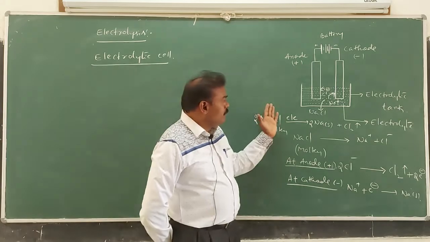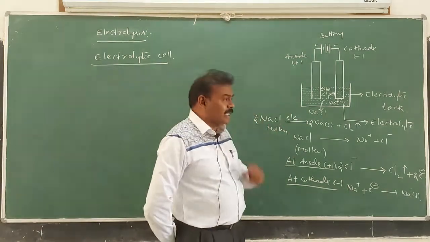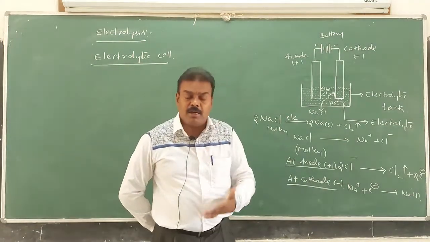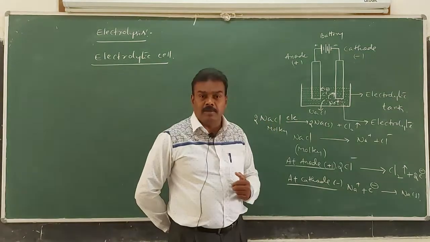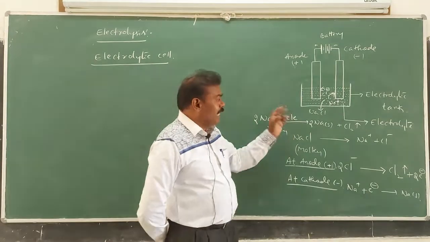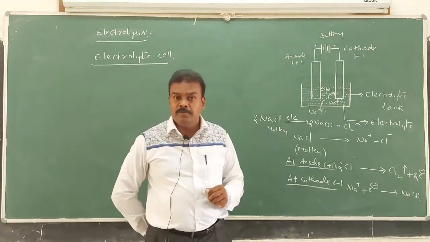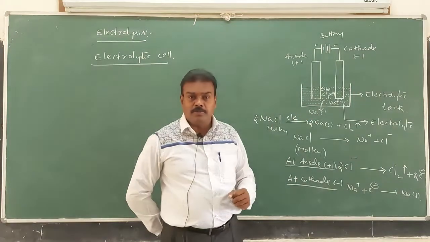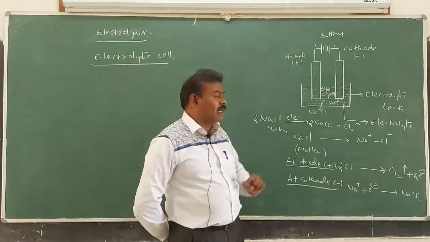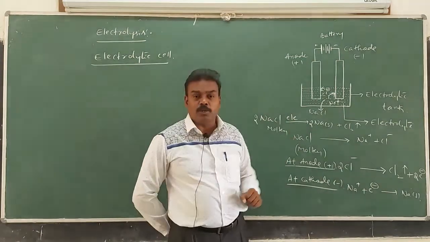Next, the electrolytic tank. Electrolytic tank means it is a container. It is made of either wood, or glass, or even bakelite material can be used to prepare the electrolytic tank. Next, the electrolyte. Electrolyte is a substance through which electricity is supplied. There some chemical change takes place, and from one compound other substances are obtained. That is the substance electrolyte. Battery means it is a source of energy.